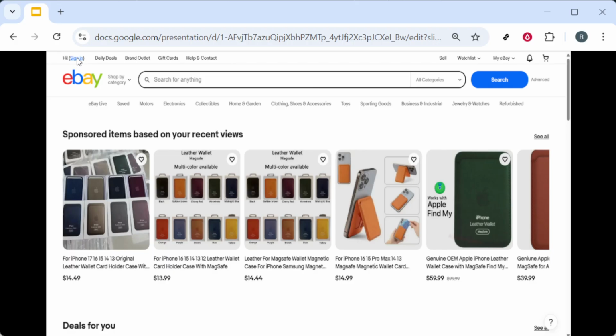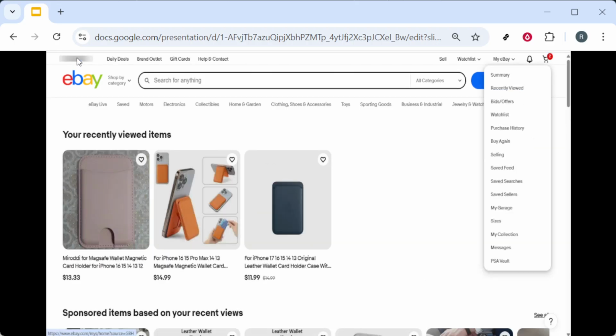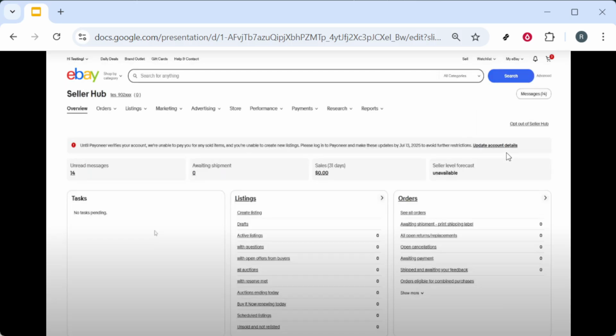Once logged in, focus your attention on the upper right section of the page where My eBay is located. Click on the small arrow beside it. This will open a drop-down menu. From there, choose Selling. This part of the site is where all your selling activities, including your current listings, are